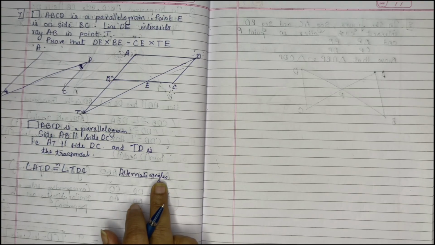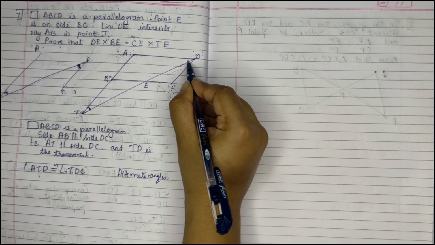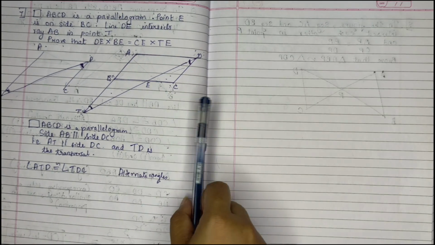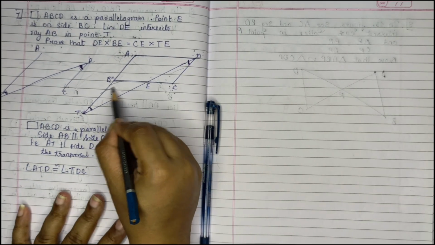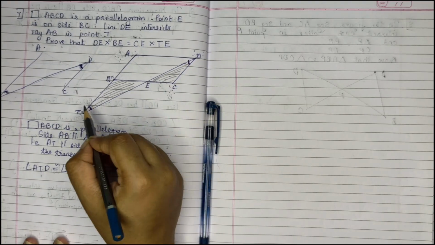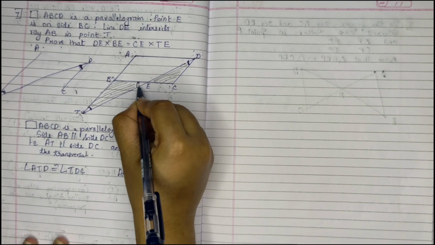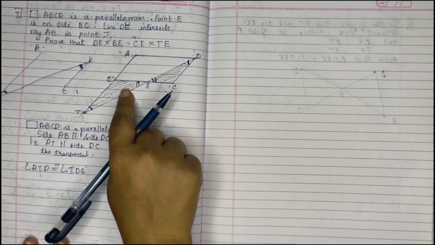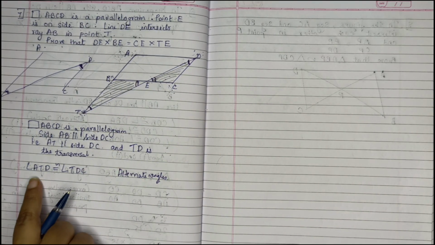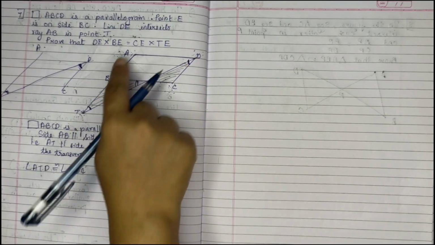Alternate angles. Now, one more angle we are getting congruent over here. See, in these two triangles, if we only have to take these two triangles, we can prove them similar. We got these two angles congruent. Now this one we can get as vertically opposite angle in these two triangles. First of all, ATD is congruent to TDC. We took this entire thing.